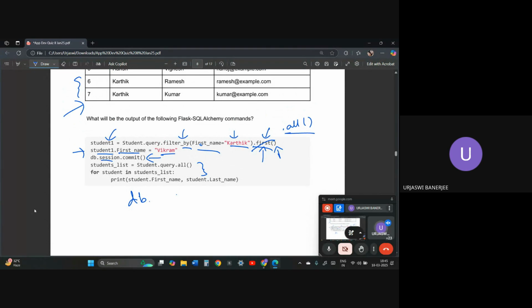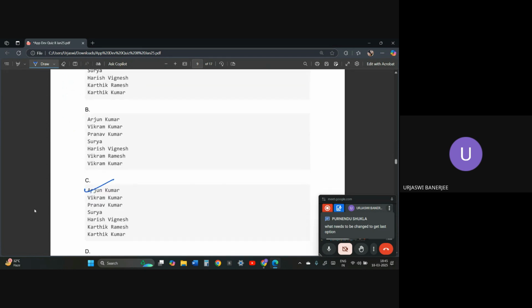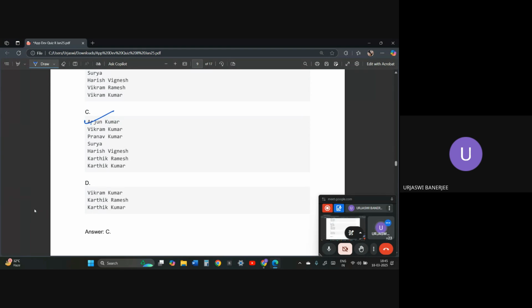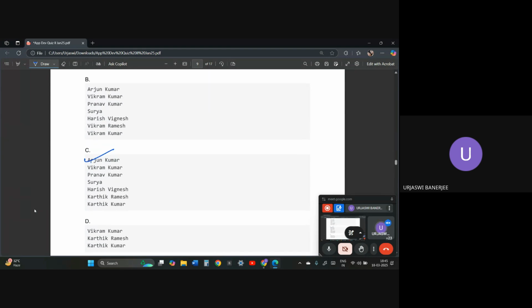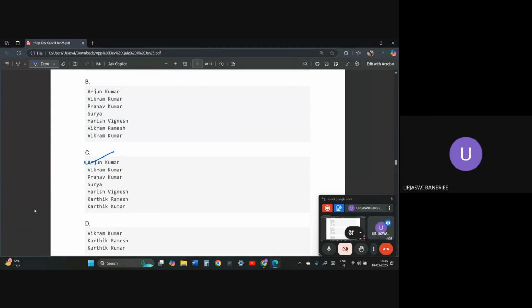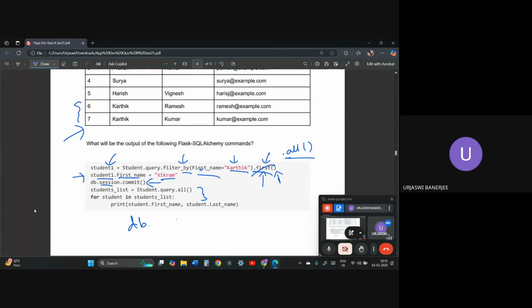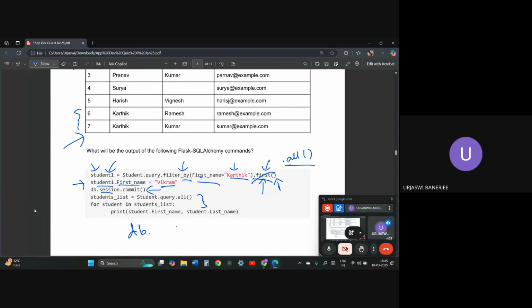Okay, someone else was also saying something. What needs to be changed to get the last option? Vikram Kumar, Karthik, Ramesh, Karthik. This needs a lot of changing. This will need a for student in student list. They should have just printed the student one first of all, after changing to Vikram Kumar and committing.